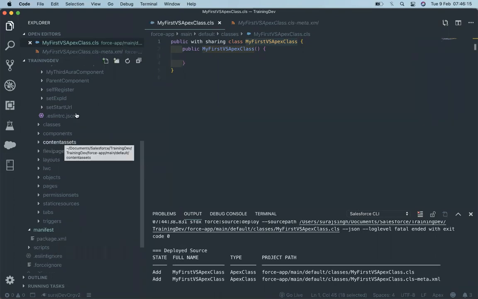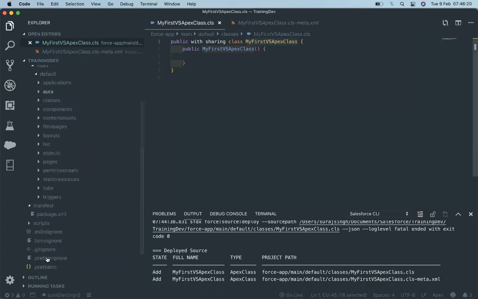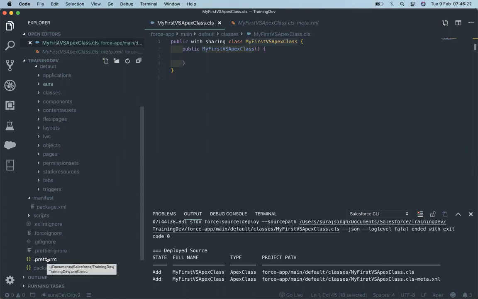You can directly create your files without doing the retrieve, or you can directly create the files and make the deployment. There is no issue in that. It's just something you should know, how to retrieve the package from the org. But you can directly create the files and do the deployment.